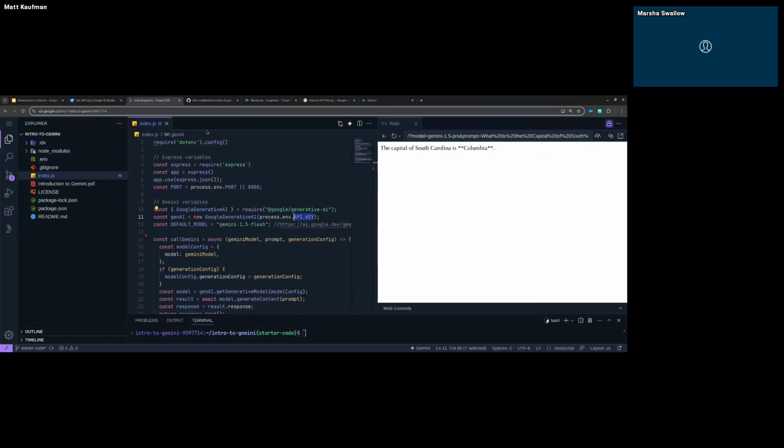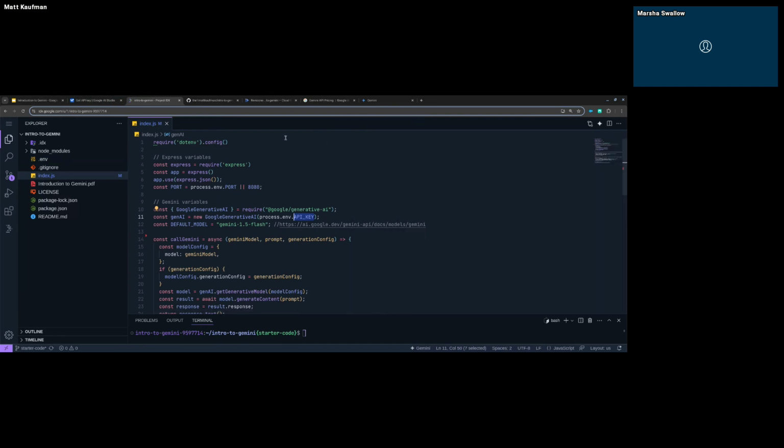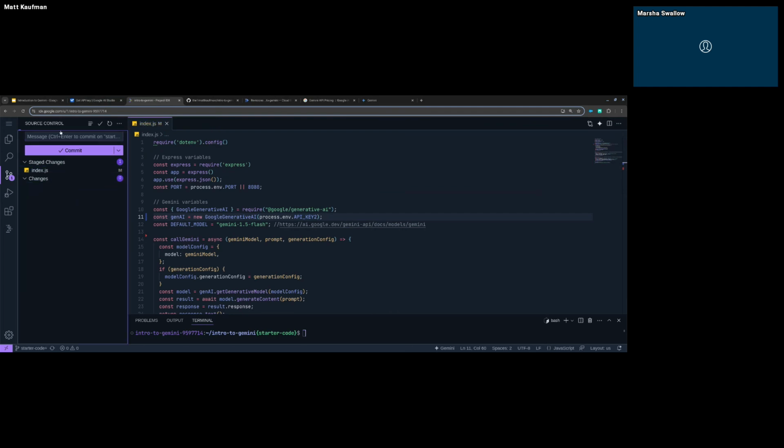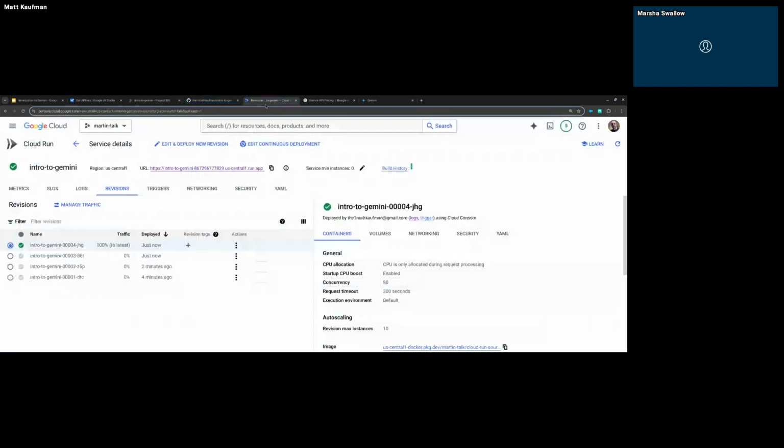Oops, sorry. Okay, so anytime we want to make a change to the code, all we have to do now is make a change to the code and then commit it to my GitHub repo. So I'm going to change this to this here, and I'll hit save. And then what I'll do is come here and add this to stage changes, and I'll say updated the API key variable name